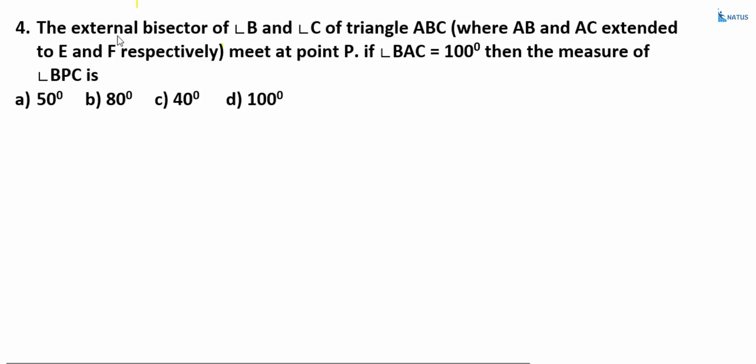Fourth question. The external bisectors of angle B and angle C of a triangle ABC, where AB and AC are extended to E and F respectively, meet at point P. If angle BAC is equal to 100 degrees, then the measure of angle BPC is? Then the measure of angle BPC. Now,